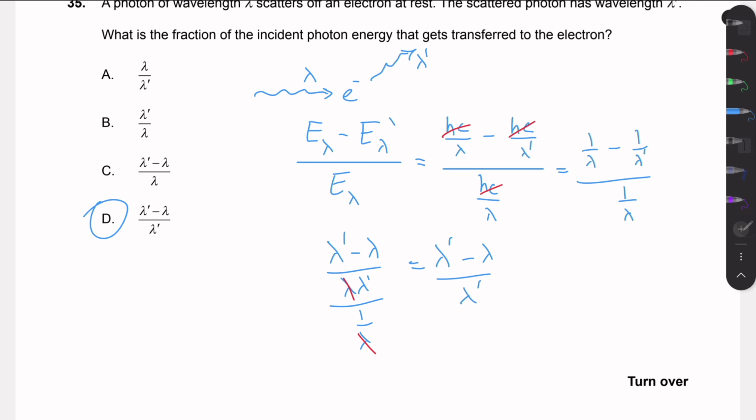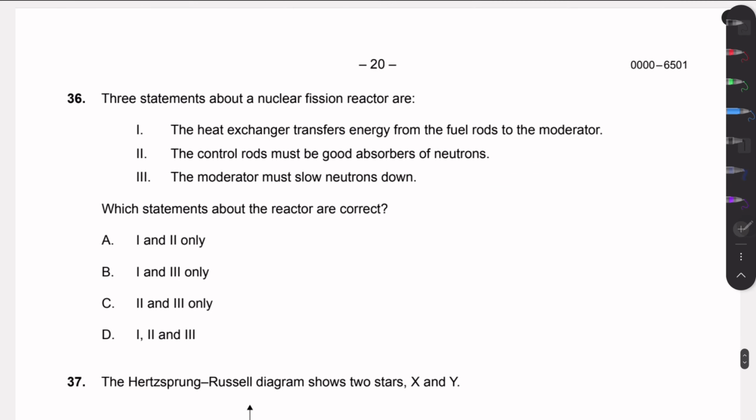So D. In question 36, we have some statements about nuclear fission reactors. First statement: the heat exchanger transfers energy from fuel rods to the moderator. Well, this is immediately incorrect. The heat exchanger only transmits energy from the reactor to the steam engine that heats up the gas. So if we know 1 is incorrect, we can already say C, but we can also see that 2 is